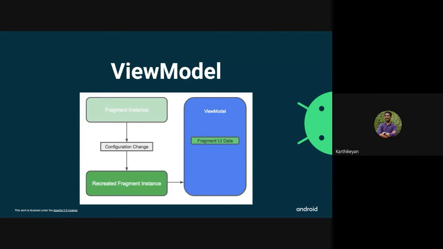A view model can do simple calculations and transformations on data to prepare the data to be displayed by the UI controller. In this architecture, the view model is the class where you put all your decision making code, not in the UI controller classes. There is another concept you need to know called a view model factory. A view model factory is a class that instantiates your view model objects with or without construction parameters. We'll get to that later slowly.